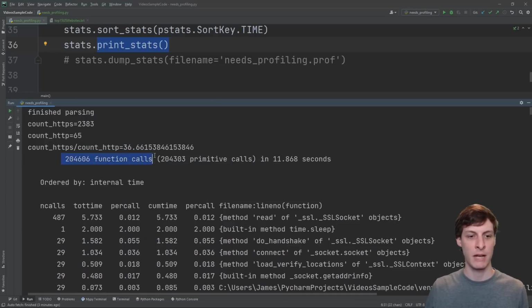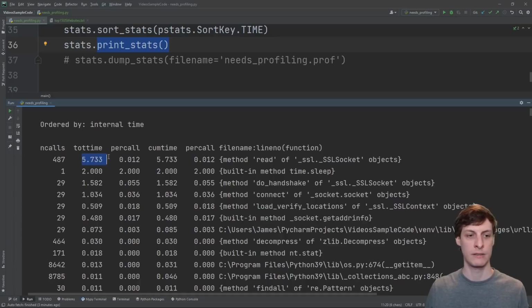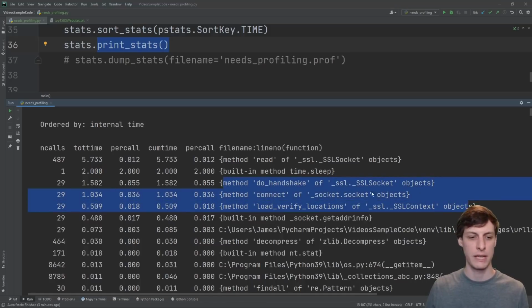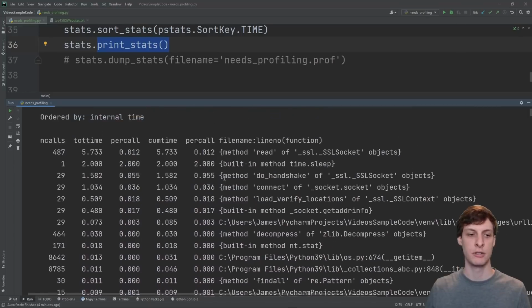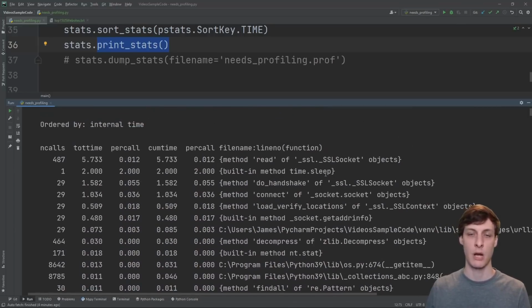You can see that it keeps track of every function call, how long it took. So it, again, took about 12 seconds. And these stats are ordered by how much time the thing took in total. The one that you really want to look out for is this total time spent in the function. That's this, tottime. As you can see, the most time that we spent in total was in the read method of this ssl.SSLSocket. And then behind that, you can see that we have this time.sleep, which we spent 2 seconds in. And then the next few of them are all these SSL things. You can see it's already pretty easy to just read off of this what the actual slowdown is caused by.